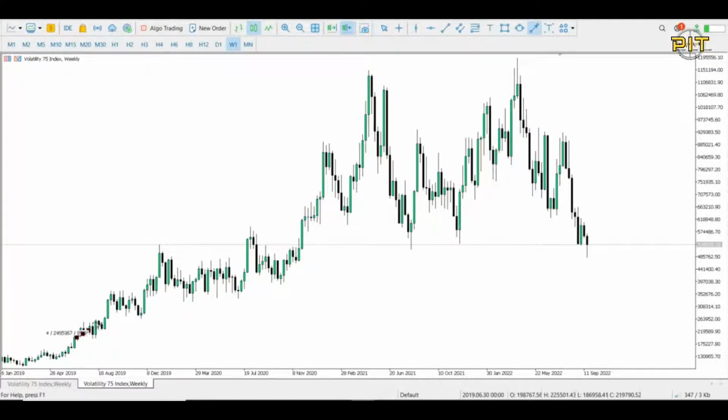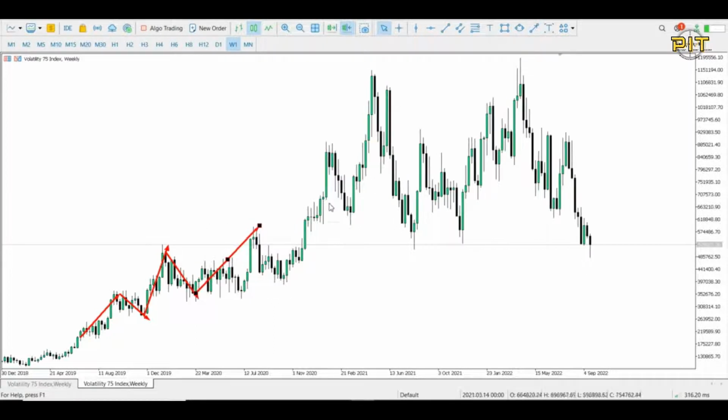So we have from here to here, we have our expansion here, and then we see price retrace. Price created another expansion, then retraced again to the downside, and we see price create another expansion, and then we see price again drop to the downside. We see price create another expansion,